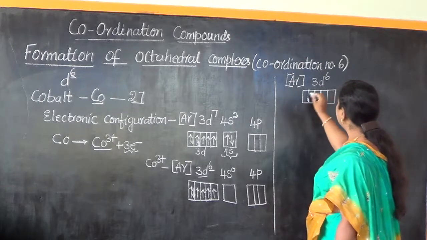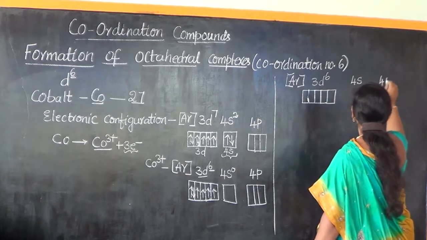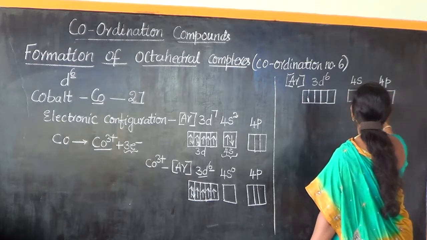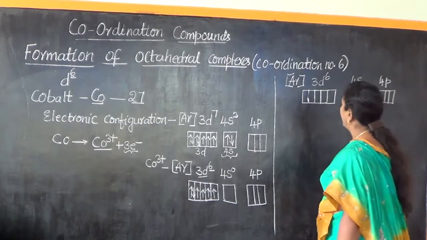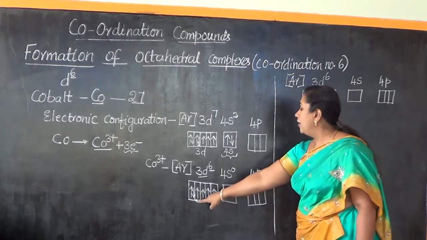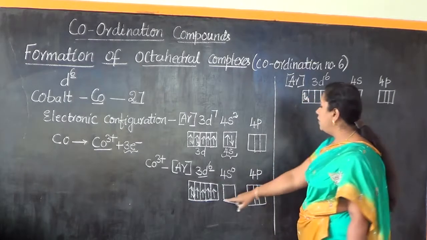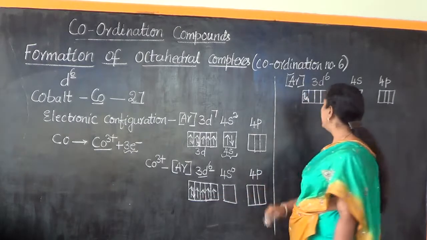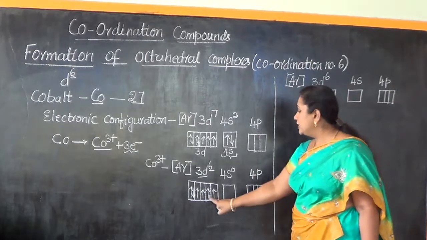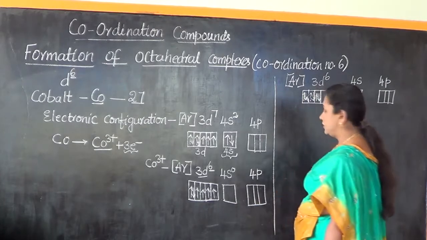So now let us check the forced pairing. There is 4s which is now empty, and there is also 4p which is empty, and there are 3 orbitals of p. Okay. So now 6. How will the forced pairing happen? Already there are paired electrons in one of the d orbitals, and now one electron from here will jump, and therefore this orbital of d is also getting paired electrons. Now this will jump to this orbital. Therefore this orbital of d is also containing paired electrons.